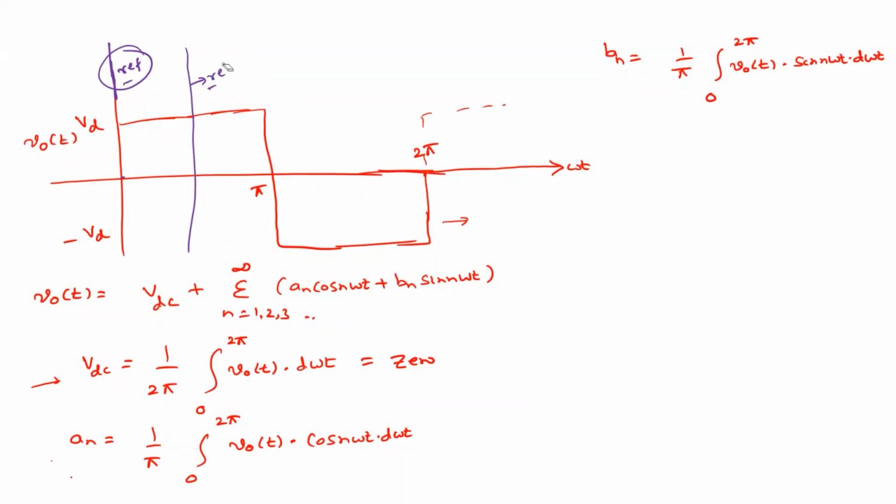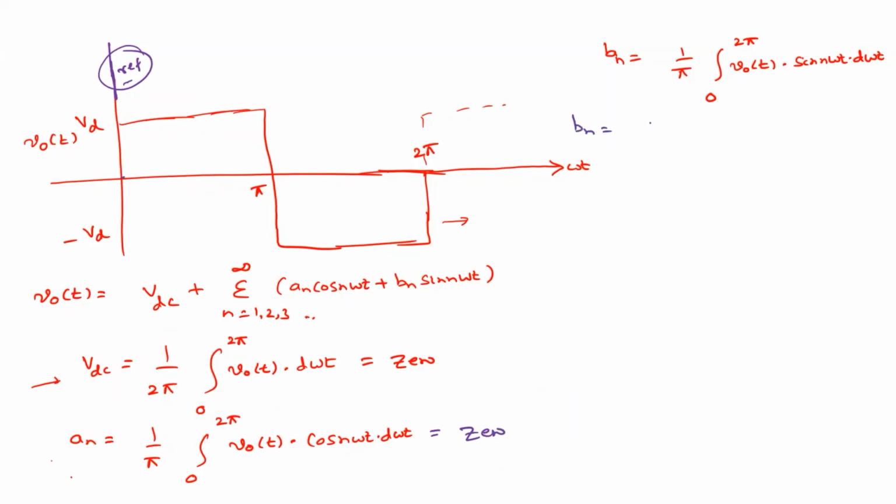So now we will consider this 0 as the reference. So what is this An value? What is the value of An? 0. The An value is 0, right? So this An is 0. So you are left with Bn, right? So you are left with Bn. So how?